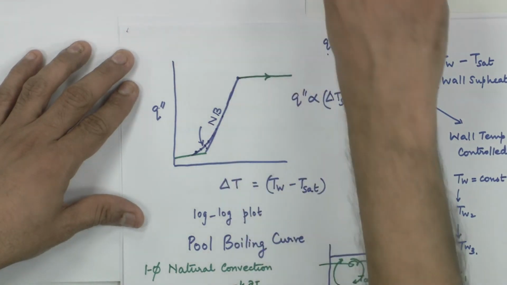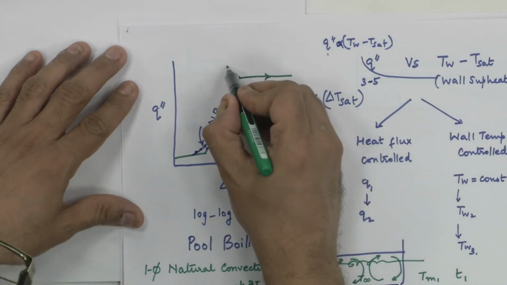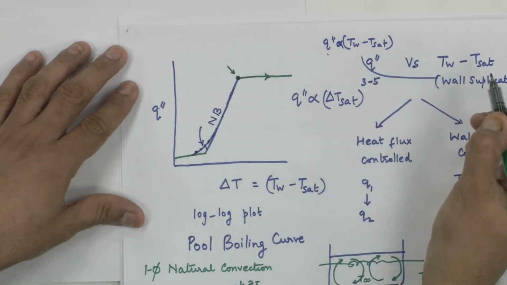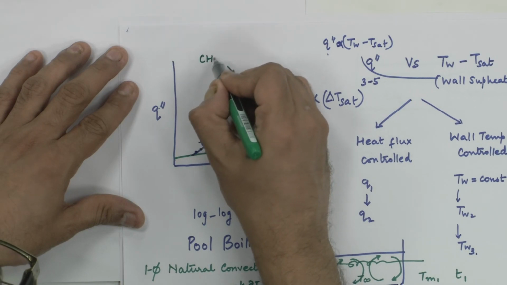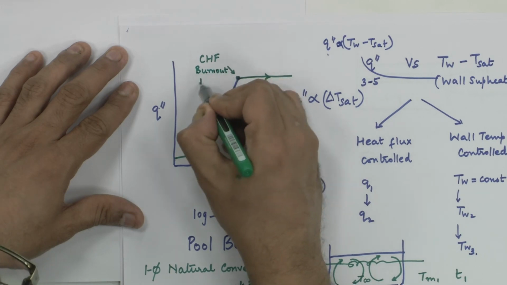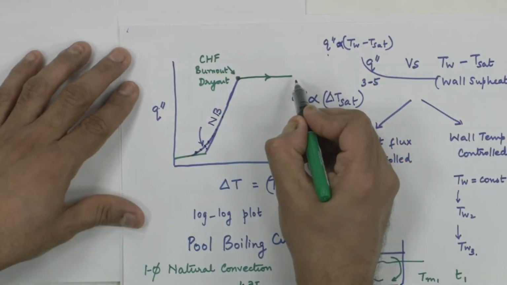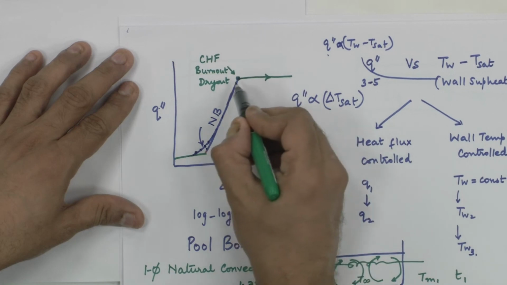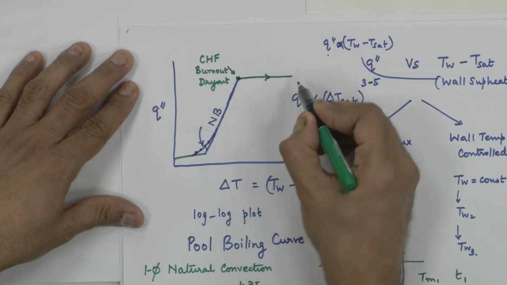And this point where the first time this excursion or rapid increase in the wall temperature happens, that point is given various names. This is called the point of critical heat flux, or what is told typically, this is called the point of burnout or dry out. All these are used interchangeably. I will tell you in the next module what is the correct representation for this point. When the excursion in the wall temperature happens for the first time, this is this change in slope. For a small change in heat flux, you will see a very large change in the wall temperature,